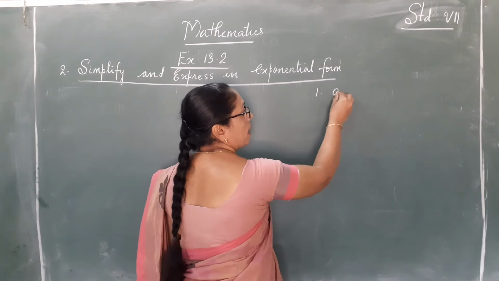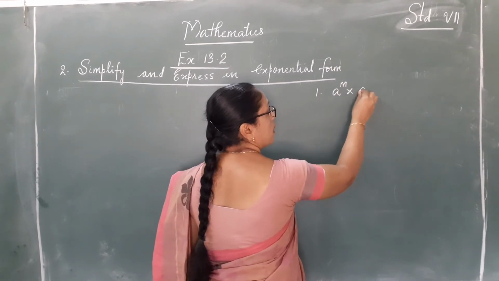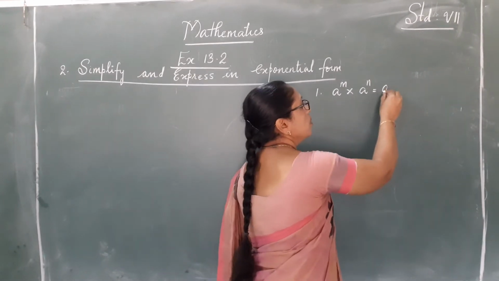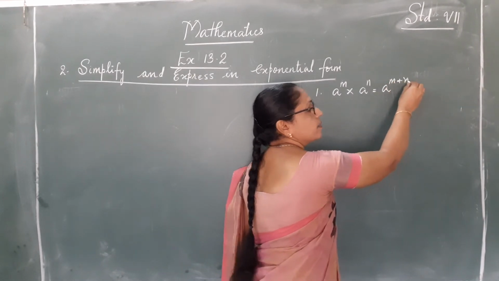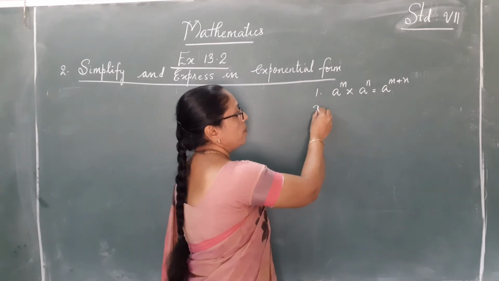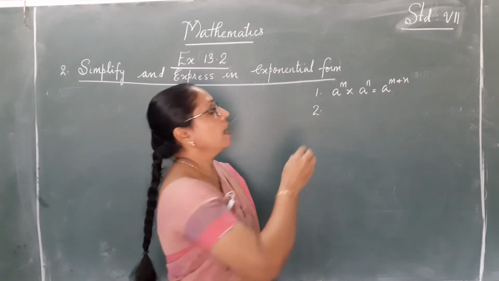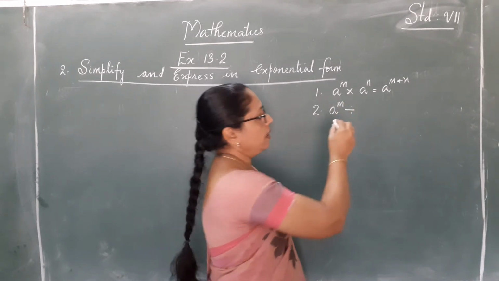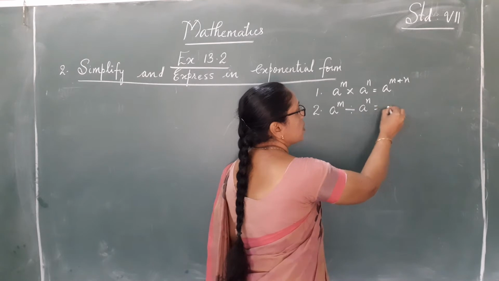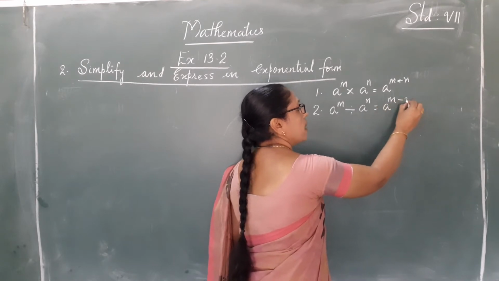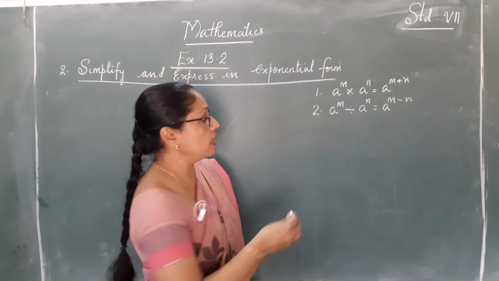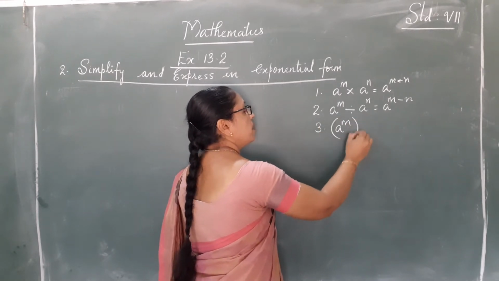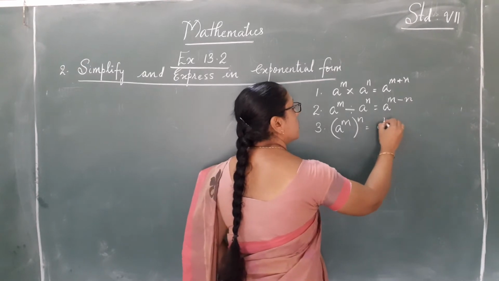First law, a raised to m into a raised to n is equal to what? Yeah, a raised to m plus n. What is the second law? Yes, a raised to m divided by a raised to n is equal to a raised to m minus n. Very good. Now third law, a raised to m, the whole raised to n is equal to a